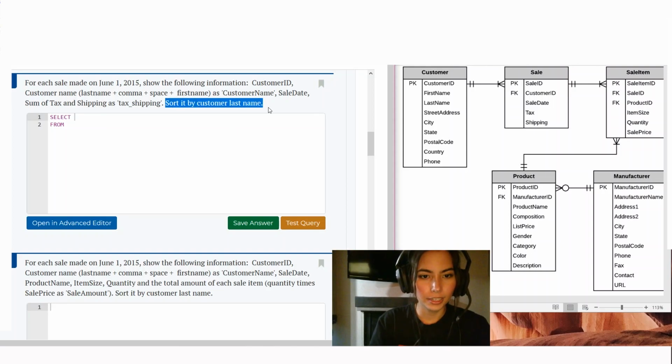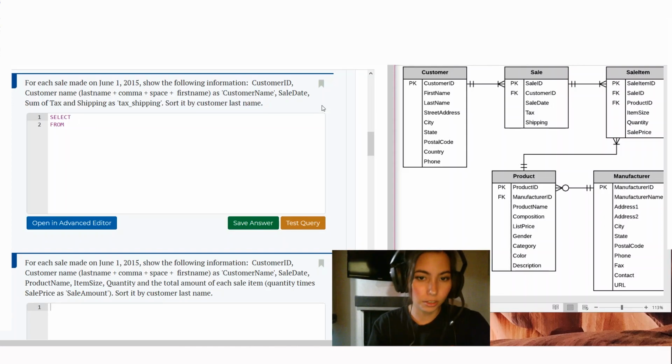So as we read this last sentence that says sort by customer last name, I'm going to go to the select clause and type in